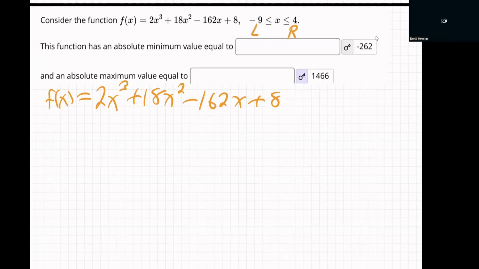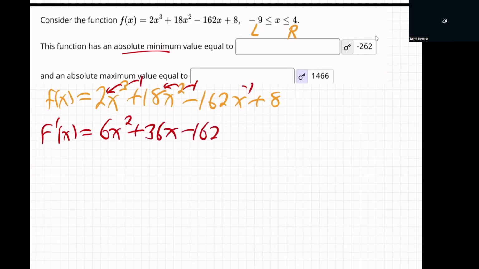So first thing we need to do, we want to find the absolute maximum. You take the derivative first off. So bring that down, it'd be 6x squared. And that down would be 36x. Subtract 1 from the powers, right? First, minus 162. That 1 power comes down, and subtract 1, it's gone. That 8 is 0. And you set it